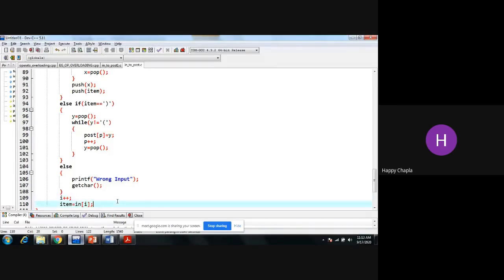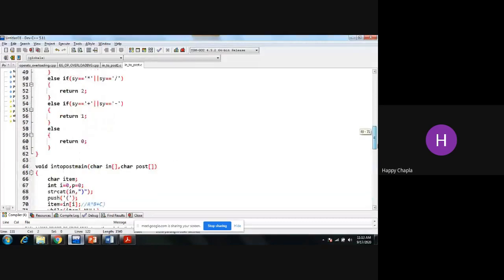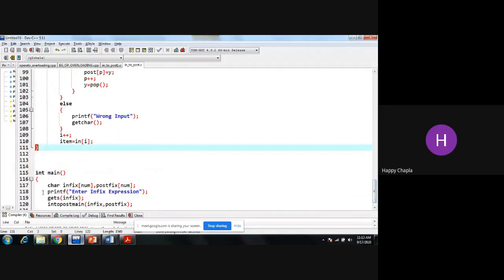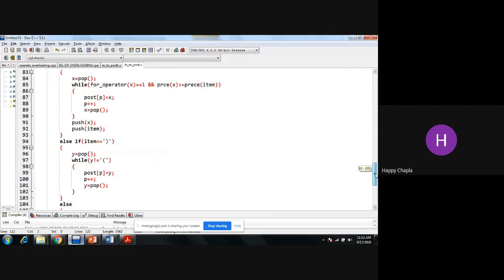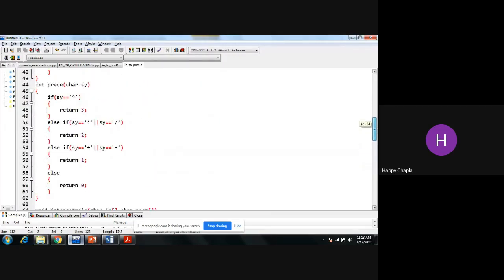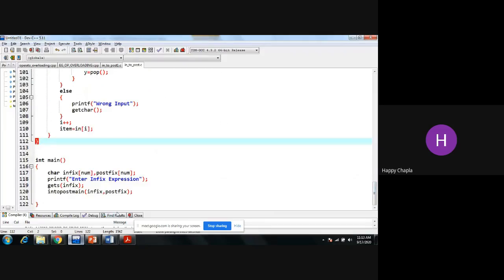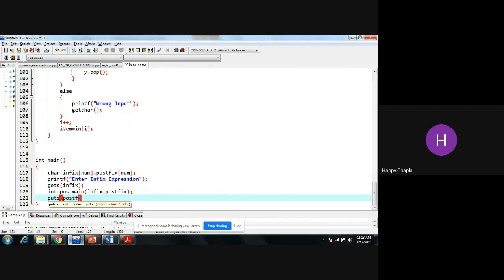And here I guess this one is my y. Yes, and now I just need to print that array, the postfix, and return.